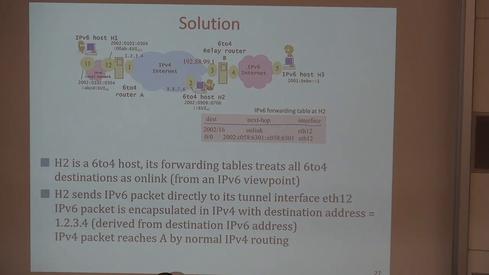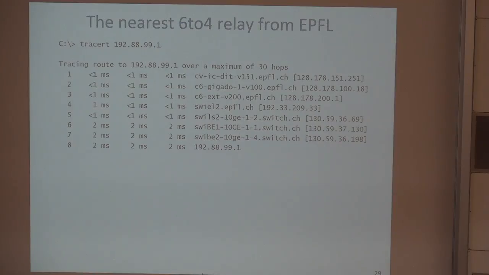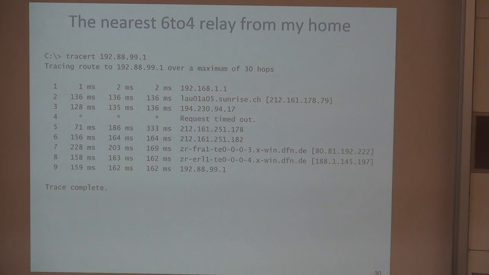And so if you look at this next hop routing interface, you will see things corresponding to what I said here. You can try this at EPFL. You will see your own tunnels and addresses. You can ping this address, which is the IPv4 address of the IPv6 internet. If you do it from EPFL, you see that the next 6to4 relay router is in the Switch domain and is probably at EPFL. I did it from home, and then I found a 6to4 relay router, which is somewhere in Germany